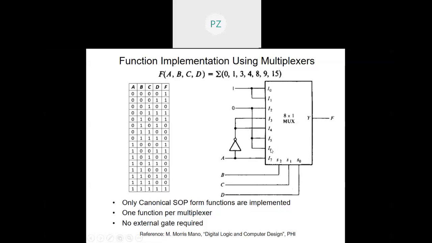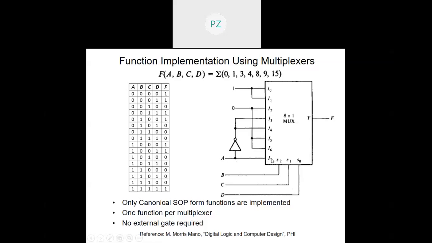And I6 is when it is 1 1 0. I6 will be directed at the output when I have 1 1 0 here. With 1 1 0, I can see this is 1 1 0 and this is 1 1 0. And what I am receiving is 0 in both the places. So I6 should also receive a 0. Finally, coming to I7, which will be directed to the output when I have got the select lines as 1 1 1. That is in these two cases. This one and this one. And over here I see that when A is 0 I am receiving a 0, when A is 1 I am receiving a 1, so that means A should be given to I7.